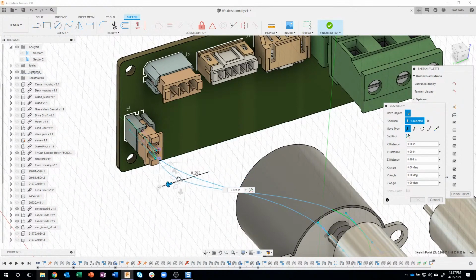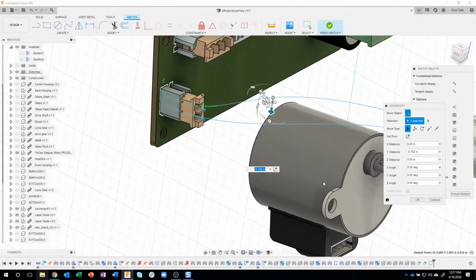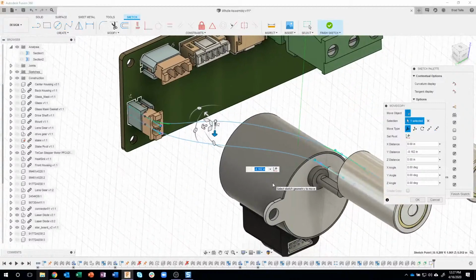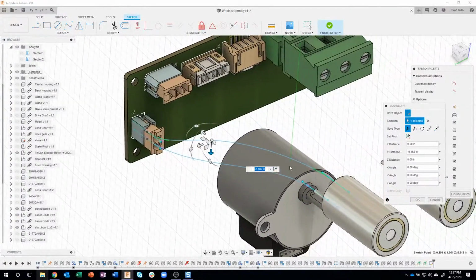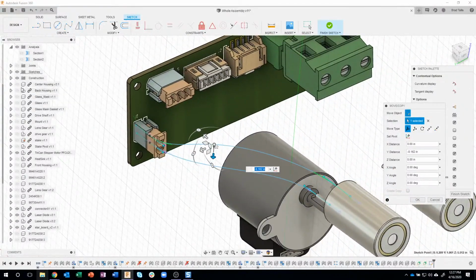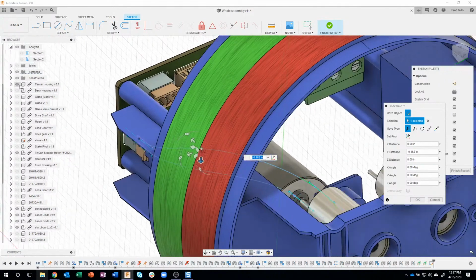Okay. Now notice how it's still keeping the tangency direction and all that kind of stuff. So I'm going to go ahead and maybe move this over slightly, and move it up slightly or something like that, just to make it look a little bit different. Okay. Another tip that I sometimes do is I'll turn on, for example, the center housing and